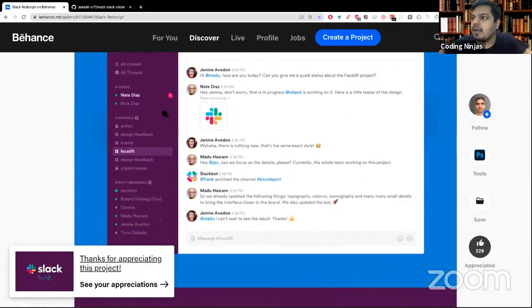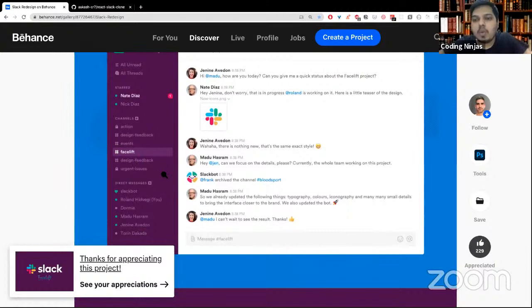And let's go inside it. So here you can see we have this list of channels. We have this list of direct messages. And again, we can divide this component into further components, right? This whole component, the sidebar component, will contain multiple components like this one